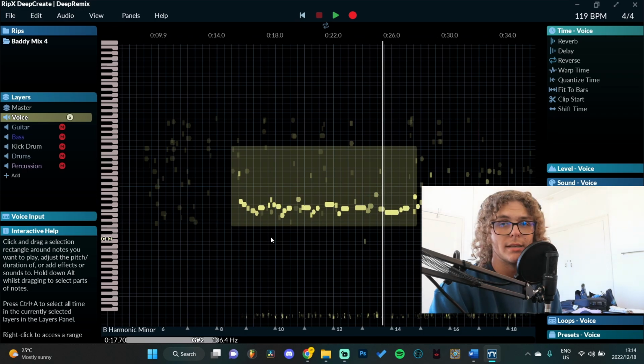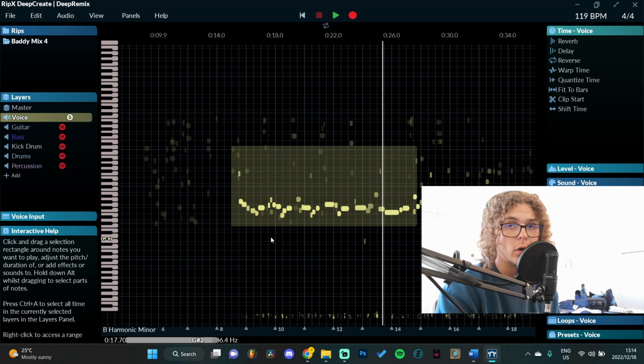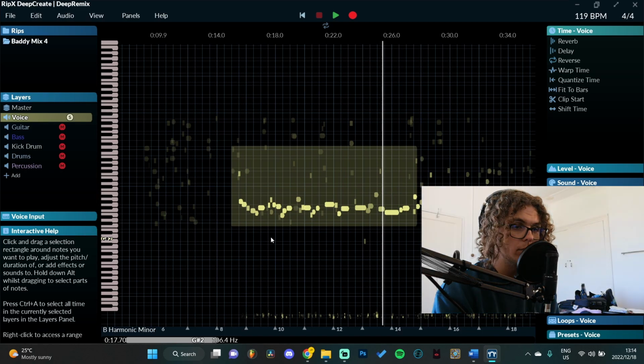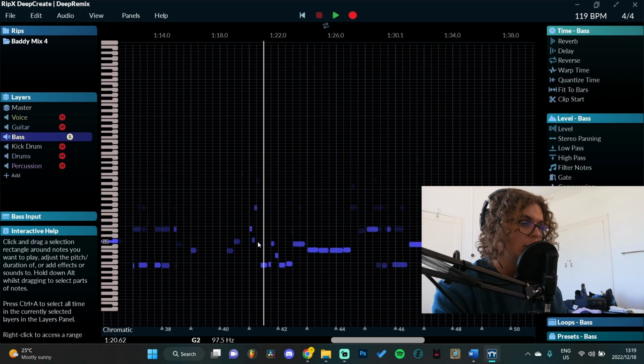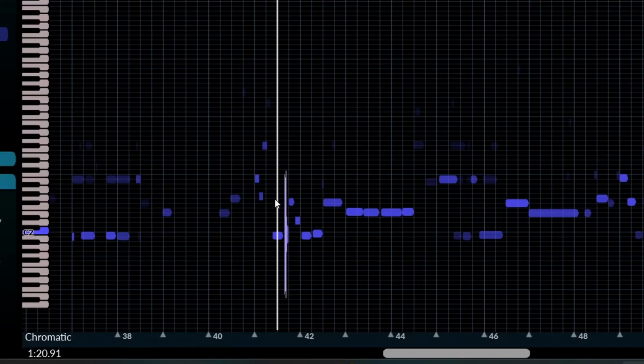One of the more interesting and experimental things you can do is switch up an instrument or layer entirely with a new sound. So I can take, for instance, this voice that I have and swap it for a guitar or a piano or a bassoon if I want to. I'm pretty sure there's a bunch of brass instruments available as well, so you can really get experimental and creative with this. So for an example, I can take this bass sound